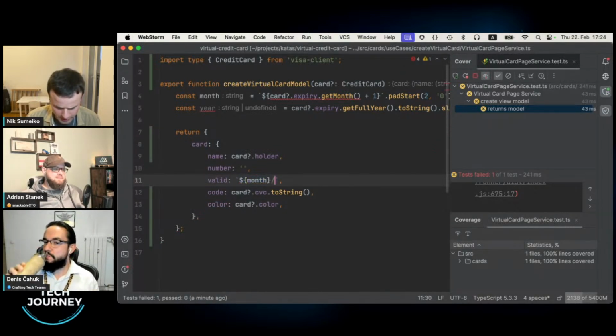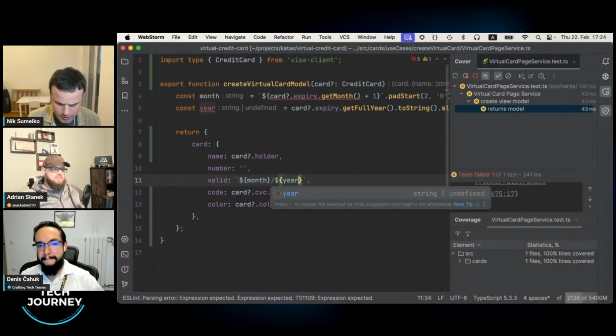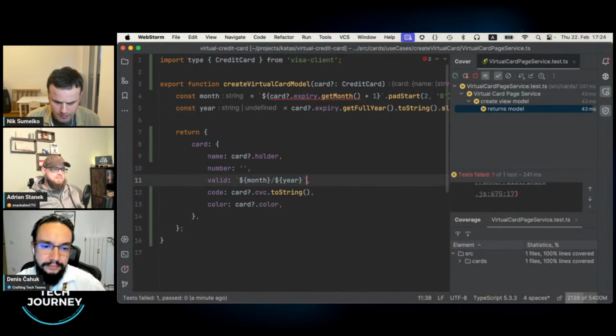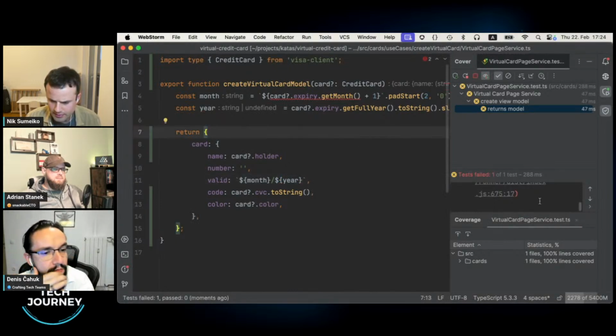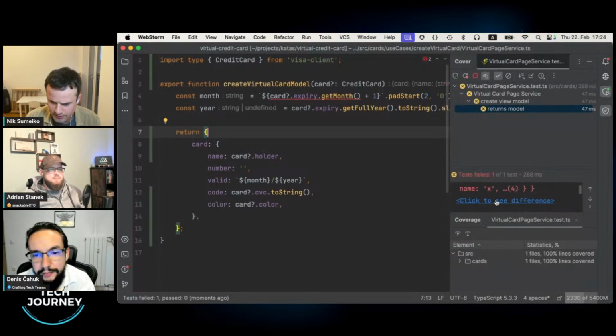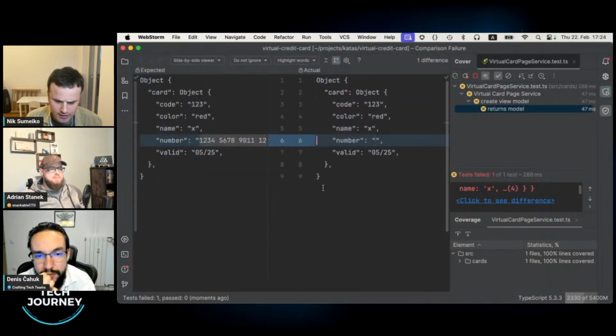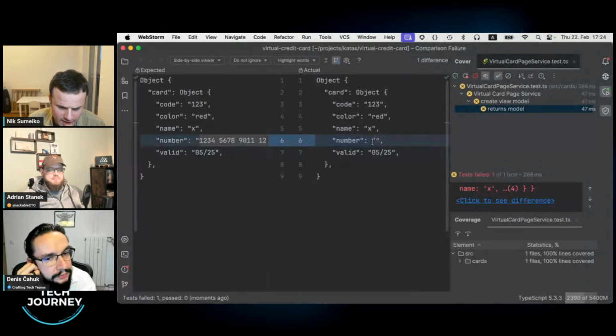And now I will concatenate the desired outcome here. So let's see what our test says. Vitest has this beautiful link to see the difference. And now I see that we are almost there. You see, we have valid, which is correctly mapped. That is correct. But here we return nothing.